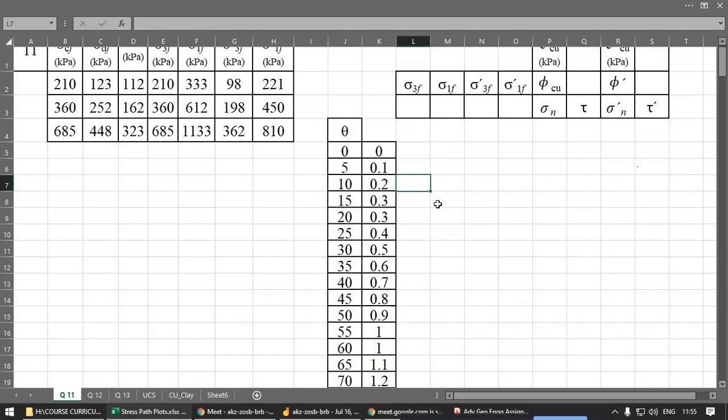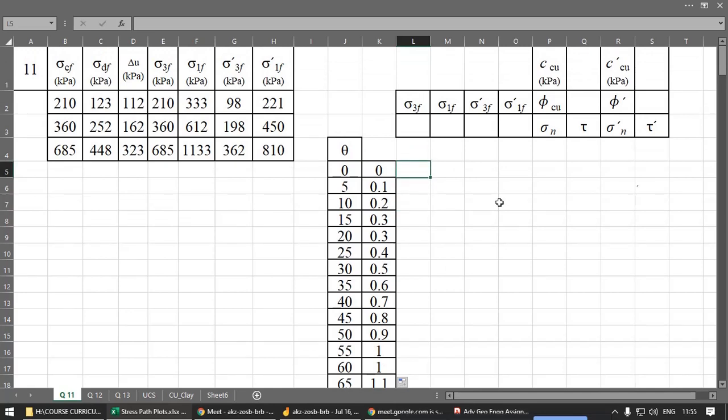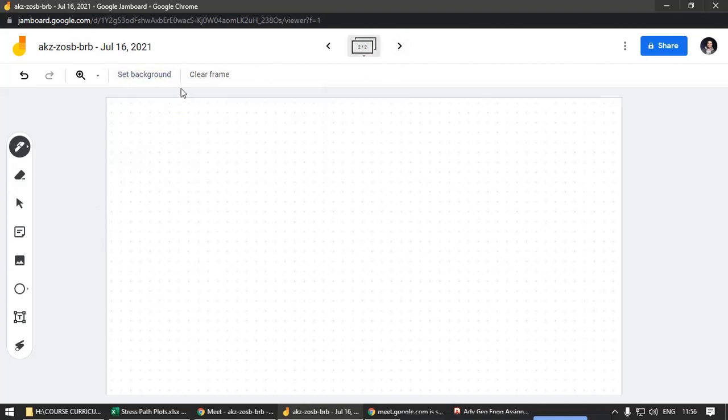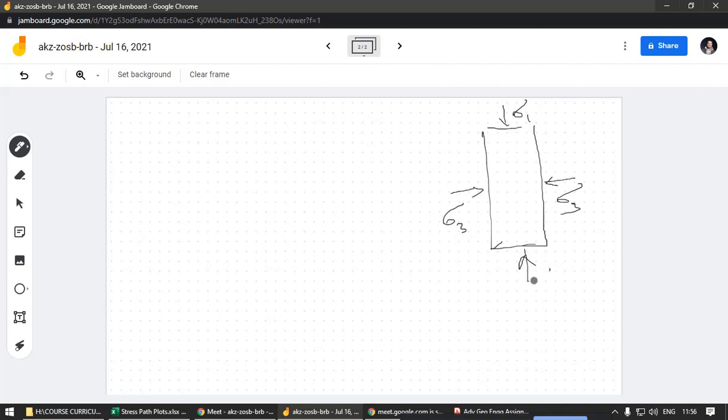Okay, this is in radians. Now we know, so if there is an element and we apply sigma 1 and sigma 3, and there is a plane at an angle of theta, so we know that sigma theta